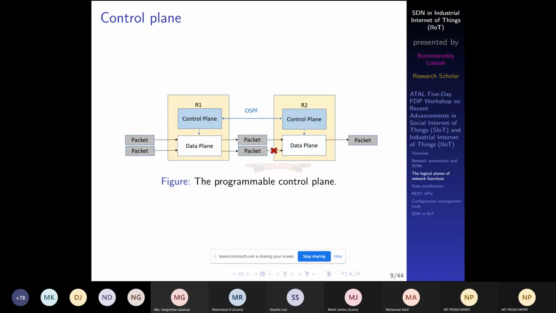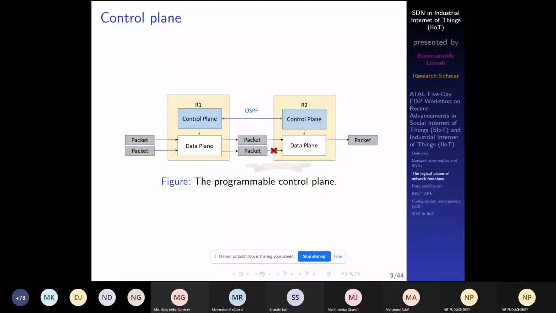So in traditional networking, the data plane and control plane are both distributed. In fact, each device will have its own control plane, and the feature support of this control plane depends on the vendor. Each device has its own data plane and its own control plane. So they are distributed throughout the network. So it is not one centralized control plane that controls the entire network. This is the scenario in a traditional network,